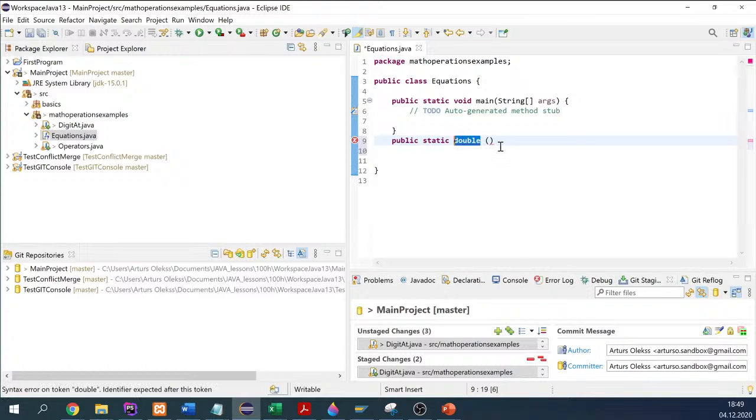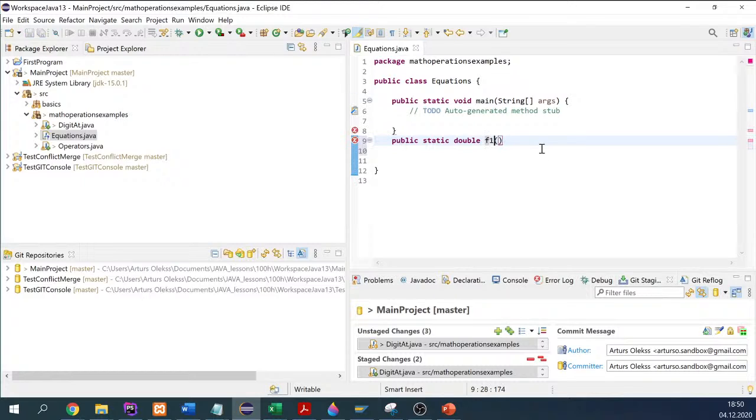Since this is a mathematical function, we can use double, and we'll work with real numbers only. With complex numbers, this is a little bit different story. So yeah, double, and let's name our function